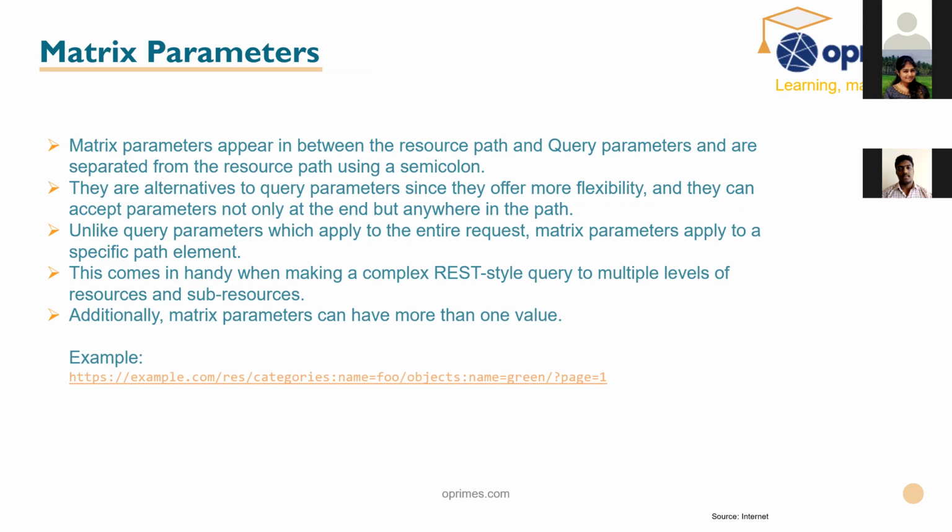Okay. And since it is a matrix, coming to the example, explaining with the example. So you have the categories. In categories, you can have multiple key values. And the object, you can have multiple objects. So it holds multiple. A query parameter can have only one value. If you want to have another value, you need to separate by ampersand and then give the other value. Whereas here, you can have multiple values separated by slashes, commas and semicolons. Okay, so the matrix parameter can have multiple values.